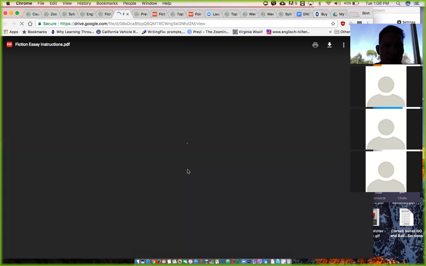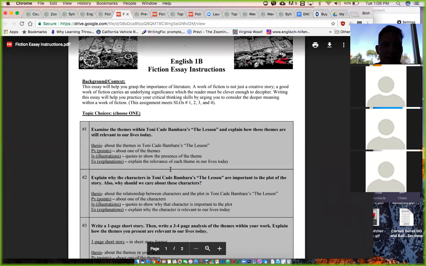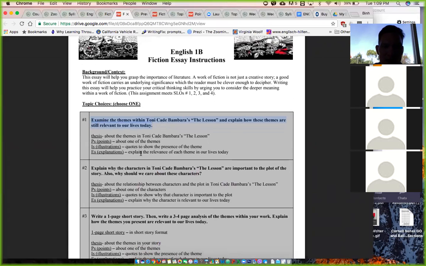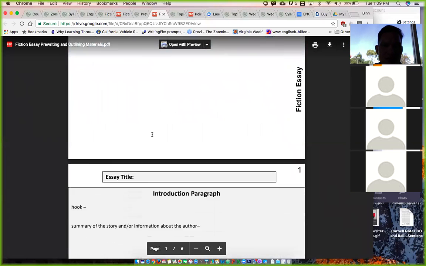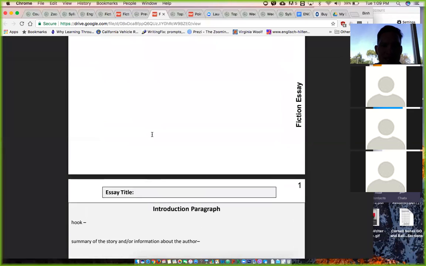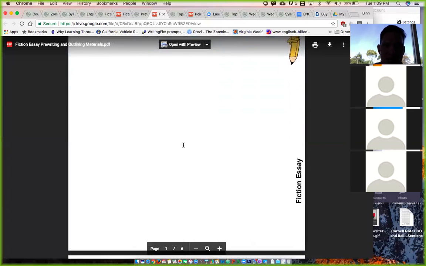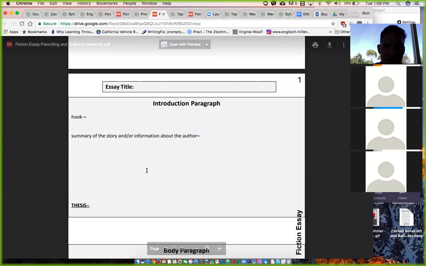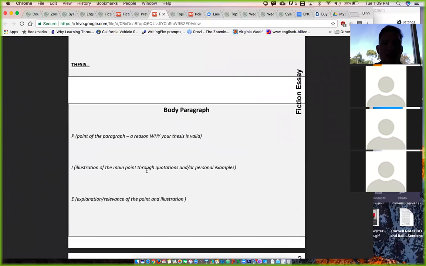You have three choices. The first choice asks you to examine the themes in the lesson and how the themes are relevant to our lives today. Okay? So two parts to this prompt. So your essay needs to follow the PIE structure. Okay? Hence the template here. So really utilize the template as you do your pre-write and use the outlining structure here to create